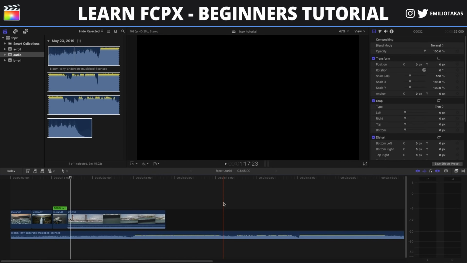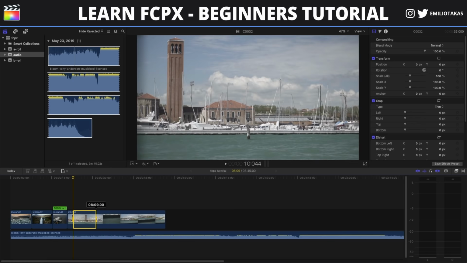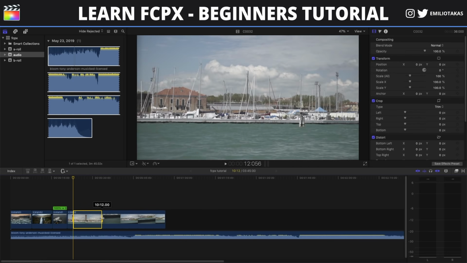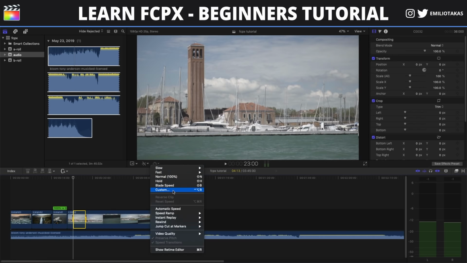In order to have slow motion in your videos, you need to record at the highest frames per second your camera can record. And let's go now and do some slow motion speed. Let's say here we want the slow motion to take place. There are two ways to create the slow motion. The first one is by pressing R on our keyboard and then selecting the part of the clip where we want the slow motion to take place, and then go here and select